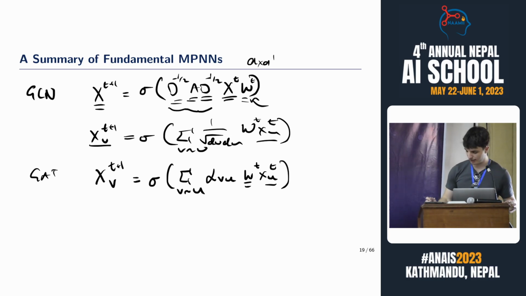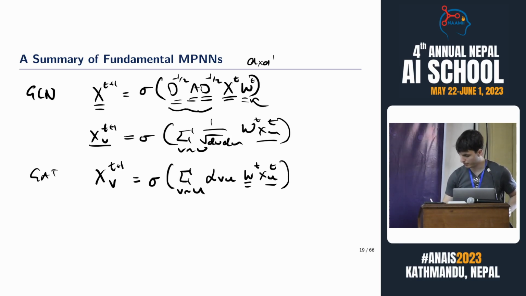And really, you can view many GNNs like this. You'll see more in the practical, where you think about how these different models relate to each other and how they relate to transformers. There are many other normalizations we can take. I won't go through them, but if we look at GAT, for example,